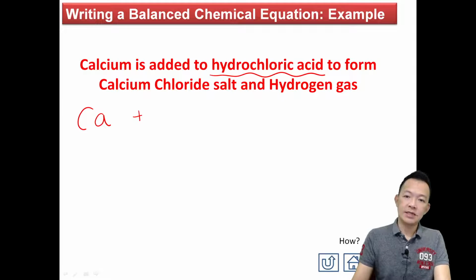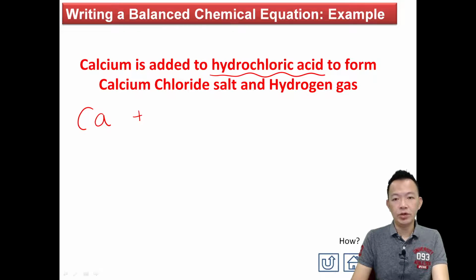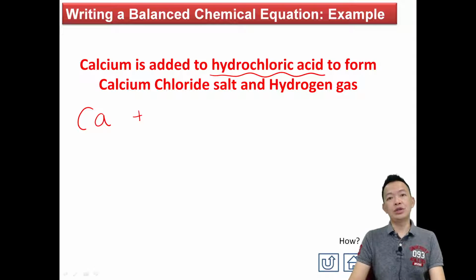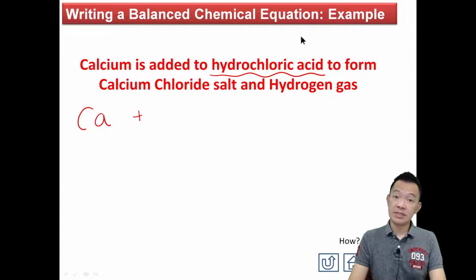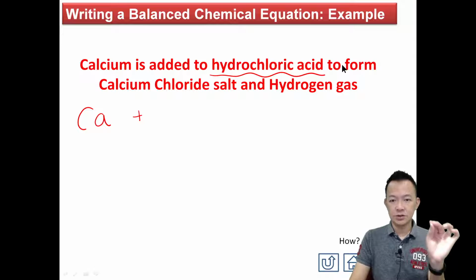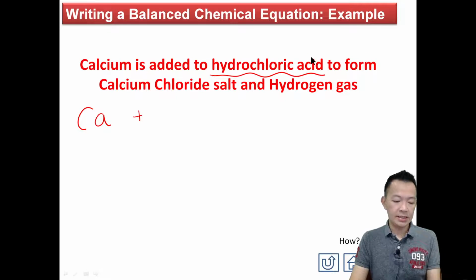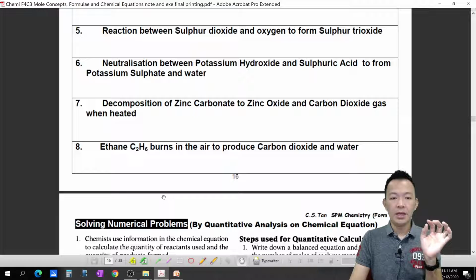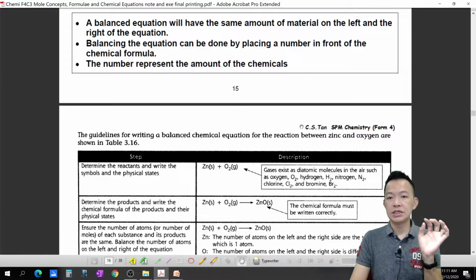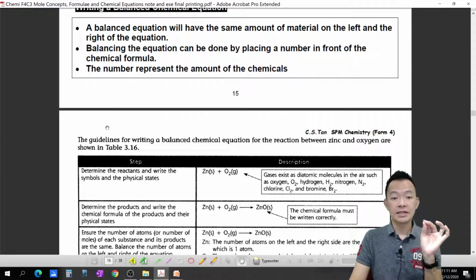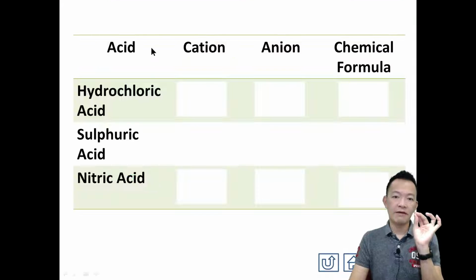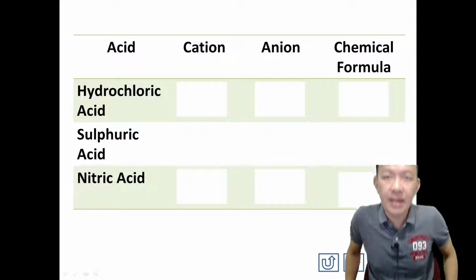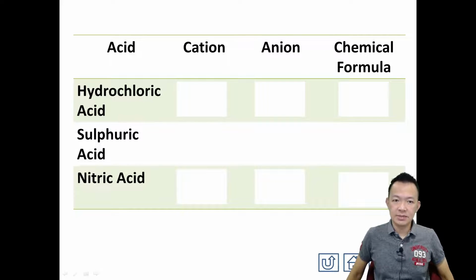But how to write the chemical formula of hydrochloric acid? 怎样写出 hydrochloric acid 的 chemical formula? Nobody tell you so I tell you now, you have to learn it now. 你现在都必须把它写起来了。So how to write the chemical formula of the acid? 怎样把 acid 的 chemical formula 写出来呢？You can copy anywhere you like. 你可以抄在任何你喜欢的地方，小小就可以了。OK, so how to write the chemical formula of the acid? 怎样把各种各样的 acid 的 chemical formula 写出来呢？